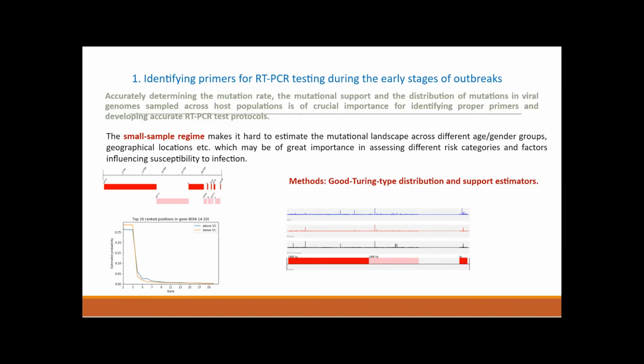Second, since this panel is on testing, it's very crucial to predict which areas of the genetic code of a virus or a bacteria will mutate less significantly than other areas, because you need to do primer design, and the primers should be able to bind to that region and allow you to perform accurate testing. If you cannot predict the regions which will have very low frequency of mutations, then it can become an issue early on in the massive testing efforts that people are trying to use to mitigate the spread of the virus. Next slide, please.